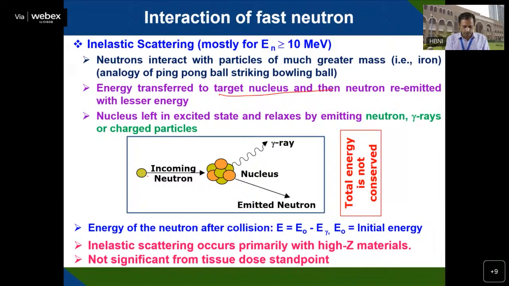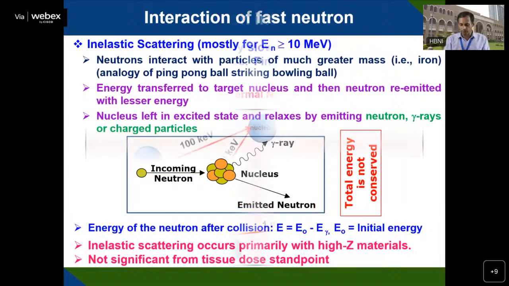You can see that the incoming neutron transfers its energy, and the emitted neutron has less energy than the incoming neutron, and it produces some gamma ray. So total energy in this case is not conserved. The energy of the neutron after collision will be E equal to E0, the initial energy, minus what the gamma radiation carries. Inelastic scattering occurs predominantly when you have high Z materials. So there is no significant interaction from the tissue dose point of view for fast neutrons. But this type of inelastic scattering occurs when you have a